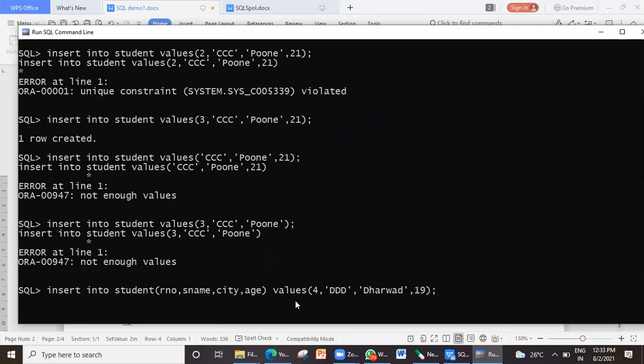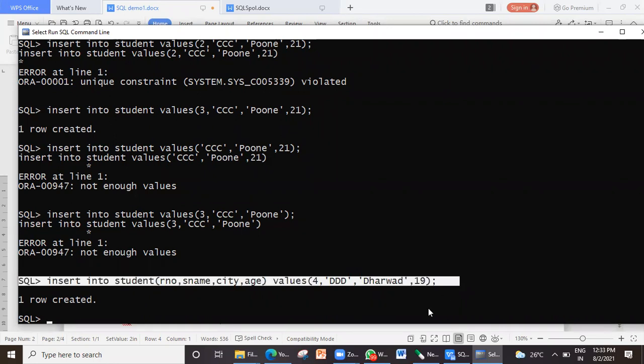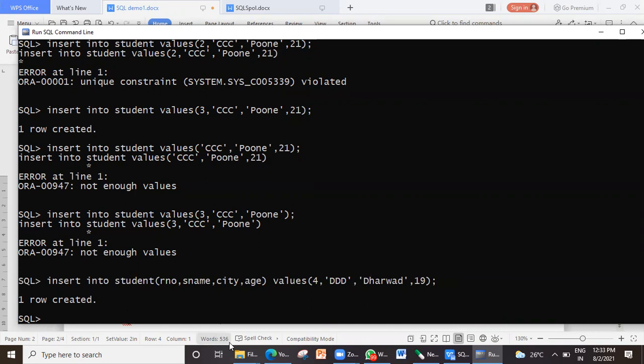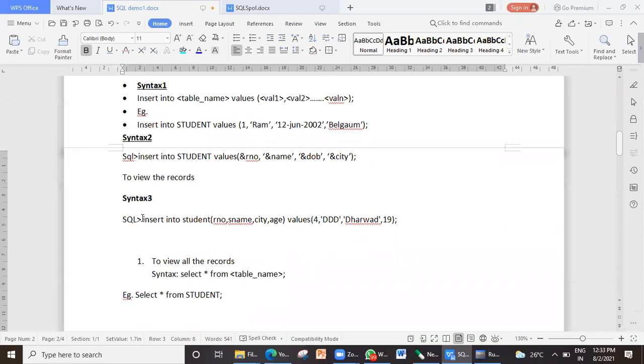Now I try to insert using this syntax. So even this syntax you have to remember. Why this syntax is important, I'll tell you. Actually, instead of syntax, I have already given you the example itself.